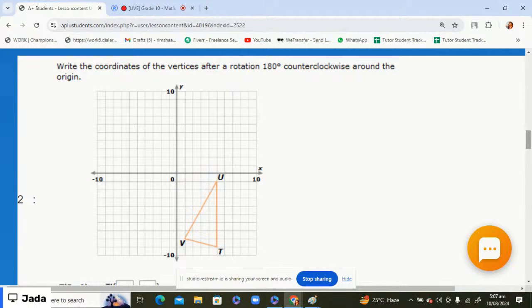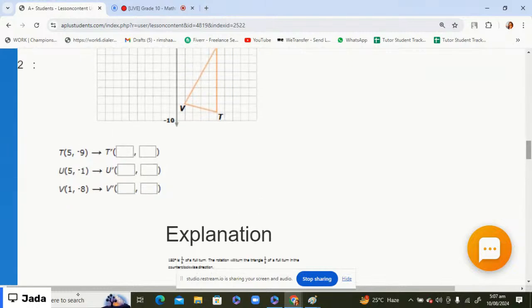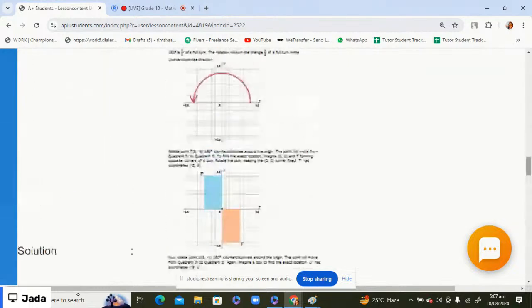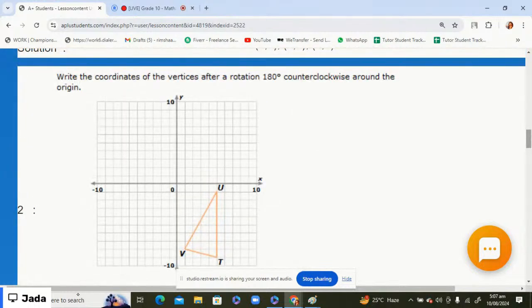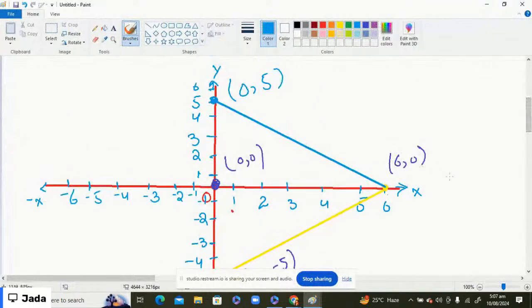Write the coordinates of the vertices after the rotation of 180-degree counterclockwise around the origin. This is basically this way. So the counterclockwise, as we know, look here. This is for the 90 and this is for the 180, because each is one. For example, this one is for 90, and here is for 180. Basically this one is for 90-degree. If they are saying rotate it for 180, it means you are going to rotate the two basically